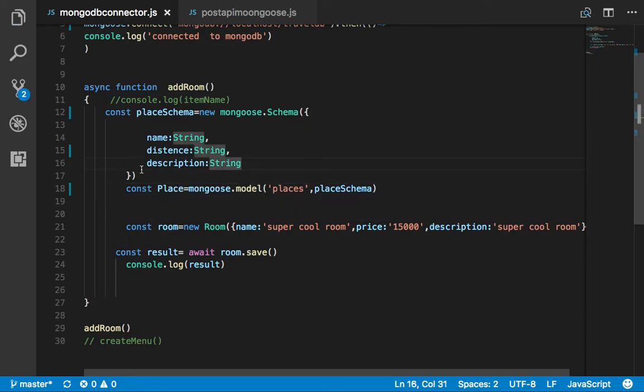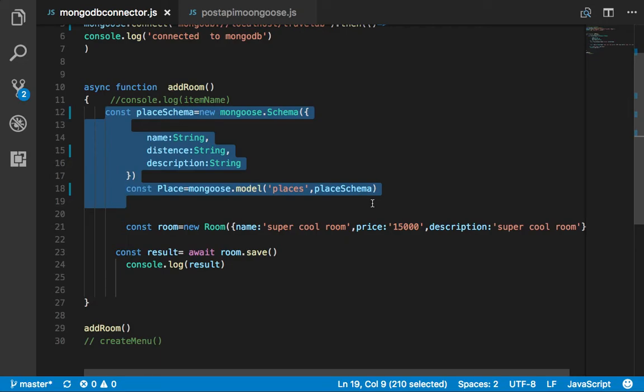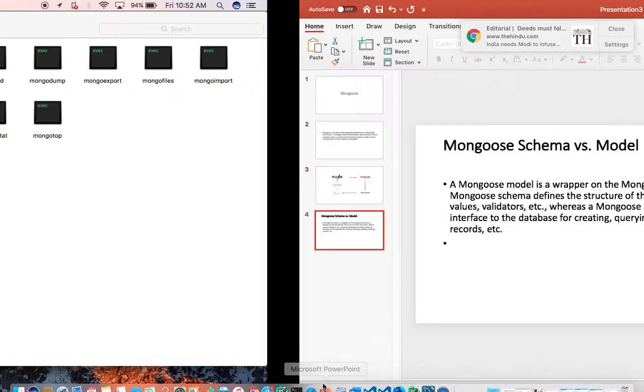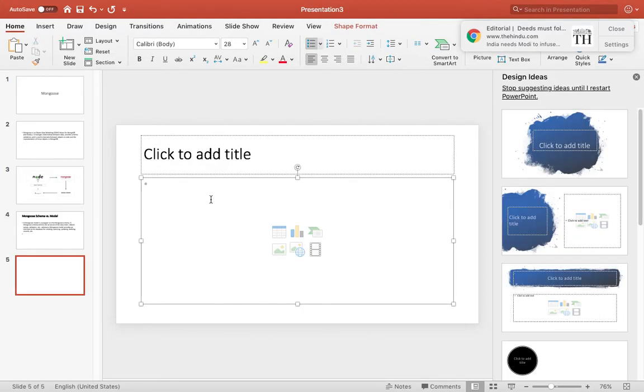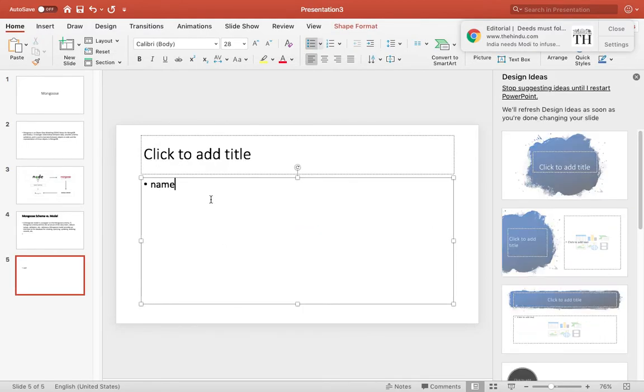Now first step, need to create a schema. Next step, create a model, mongoose.model, and need to pass the schema inside of that model. Now we are able to create a model. So what is model? The next important thing, need to learn models. What is model? Now if it is a schema, schema has a name,